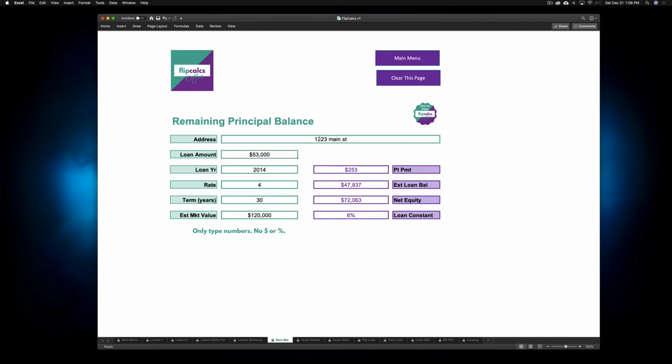And look, we have some data here from the last time I used it. So let's clear this page and let's start again. 123 Main Street. And then tab over to the loan amount, and they tell you that they borrowed $250,000, and they borrowed this in 2003, and at that time they got a rate of 6%, and the term was a 30-year loan, and they estimate the market value on the property now to be